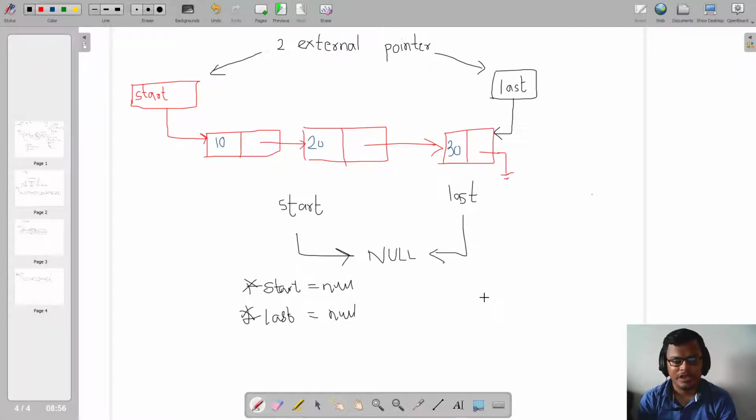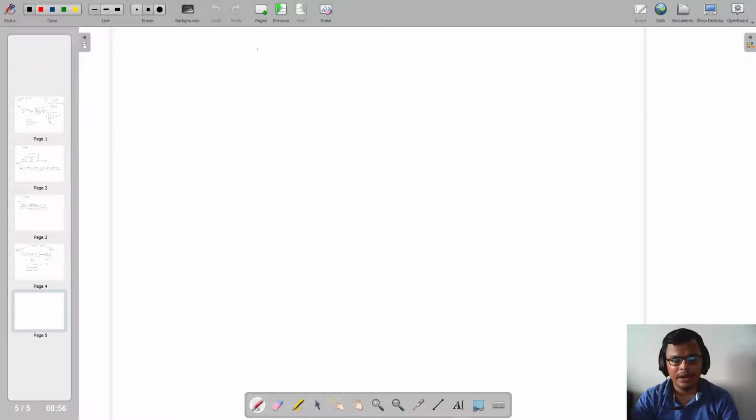Okay, so we have seen now all the operations involved in linked list in terms of 3 creates and 3 deletes. We have seen the traverse operation, and we have seen other variants of linked list also in terms of doubly linked list, circular linked list, and linked list with 2 external reference pointers. Now we all know that we can implement our 2 linear data structures, stack and queue, also with linked list. So let us see how we can implement this using linked list.